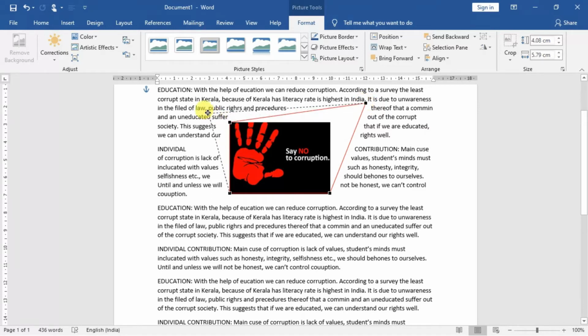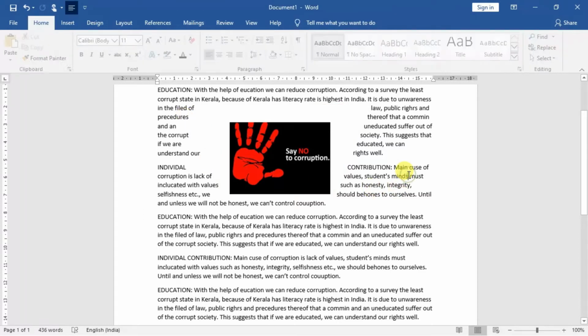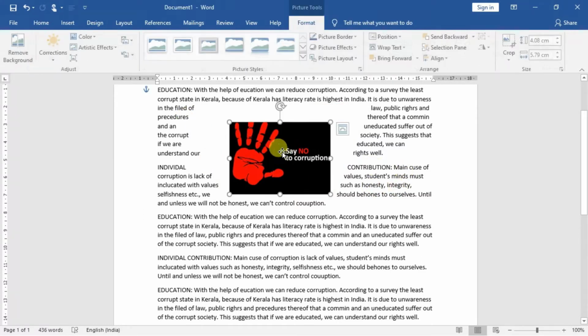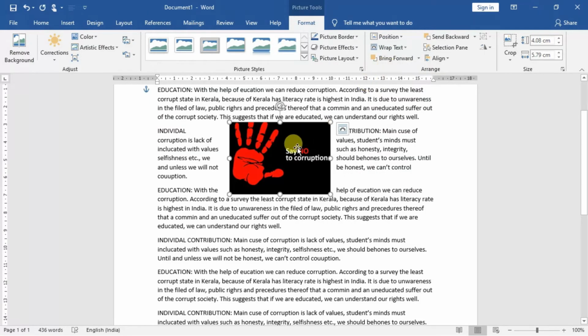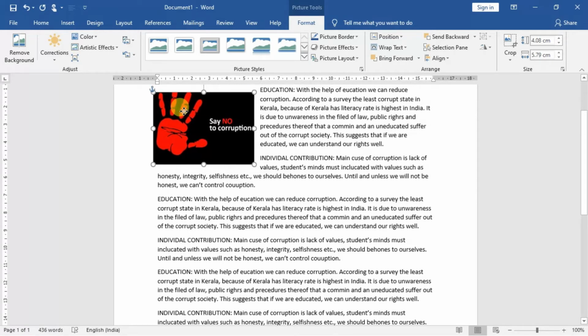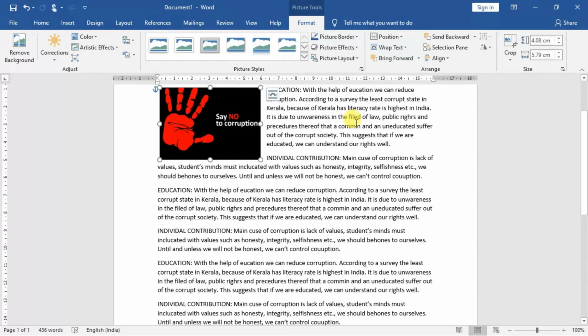Suppose you want to increase this side also, you can do it in the same manner. So the text has been wrapped in this way. You can click outside anywhere, and it will be wrapping in this way. Now if I want to do the square, the square will be like this. If I'm taking it over here, it will appear in the same way. You can fix it out here as you can see it in your book. This is what text wrapping is.